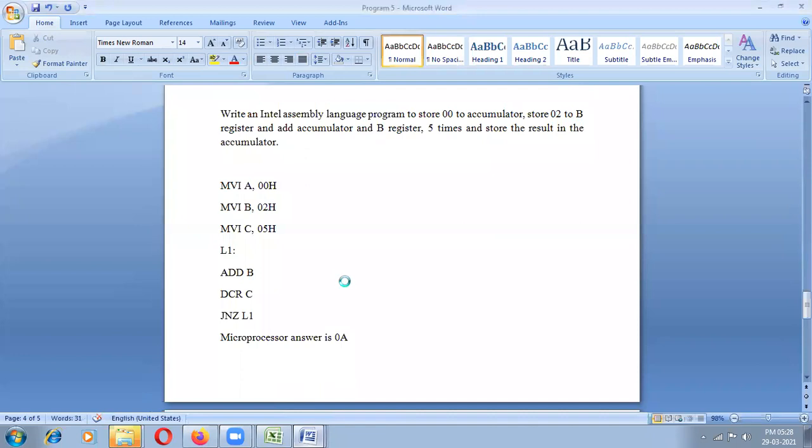For example, if you take this program: write an Intel assembly language program, 00 to accumulator and store 0 to B register, and add accumulator and B register 5 times and store the result in the accumulator.